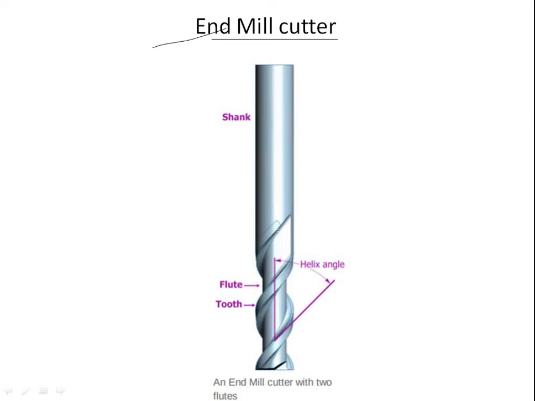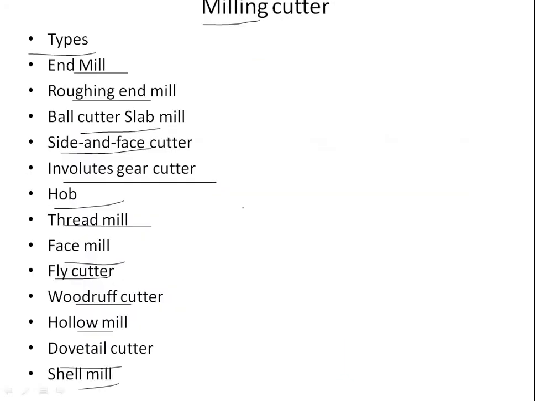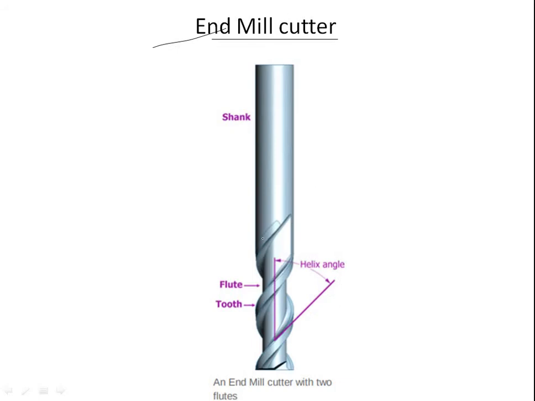You all can see the figure of the end mill cutter here. It is in a flute shape and has teeth. You can see the tooth here and it is in the shape of a flute. And the helix angle is shown. And this portion is a shank. Several standard shapes of milling cutters are used in industry today, which are explained in more detail below.